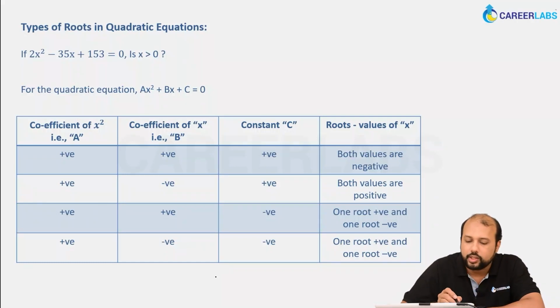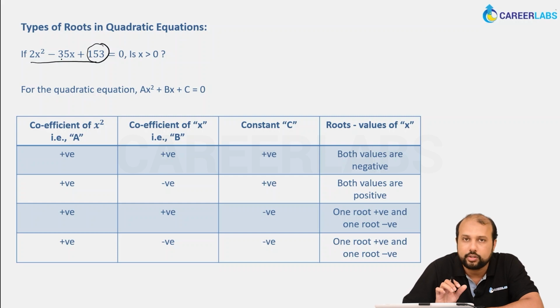Here, let's see, 2x square minus 35x plus 153 equivalent to 0. We have this, right? So the number here looks ugly. When the problem generally arises, it's a very small number, you will quickly factorize it, it's not a problem. If there is a number like 153, 35, maybe some people are still able to do it, but if you find that extra 10 seconds to factorize it, then actually look at the question, what is the question has asked, because most of the time, like I said, in your exam, rather than calculations, they look at your smartness, okay,